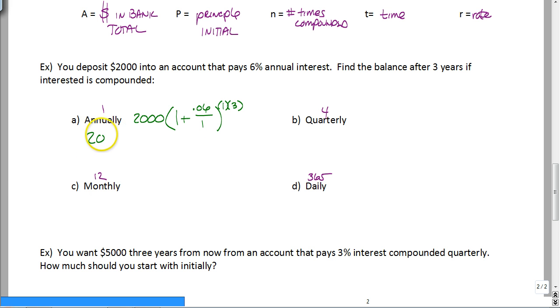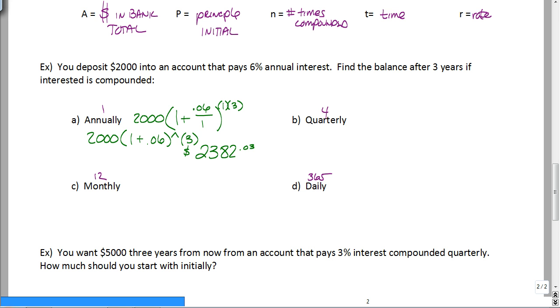It would look something like this: 2,000 times 1 plus 0.06 over 1, raised to the third power. And that's going to give you, after 3 years,